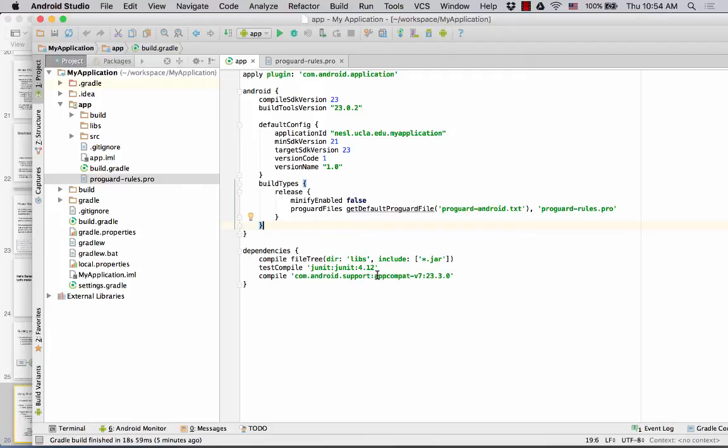But starting from Android Studio, the Gradle build system uses this dependencies block for you to use the Maven style to include all these dependencies. Apache Maven is an open source system for building as well. So Gradle supports a similar fashion to include a third-party library in your application. So for example,